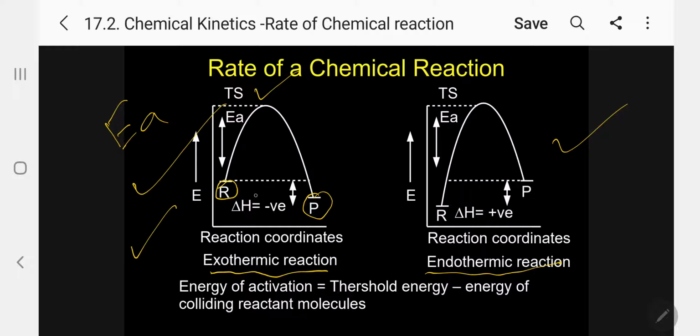In the same way, the difference between product and reactant is delta H. Here the product has low energy, the reactant has high energy. So excess energy is released, so it is exothermic. Whereas on this side, delta H is positive, endothermic. Kindly follow. One important point: in the first unit, types of chemical reactions, I discussed the theory and explained what energy of activation is. Let me repeat it again, there is no harm in that.